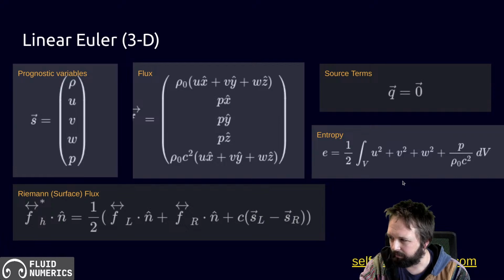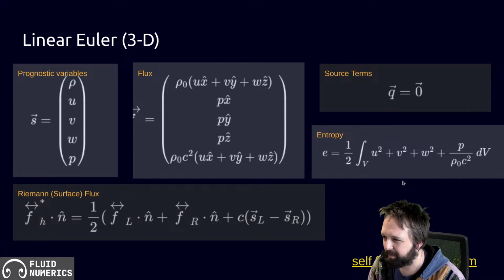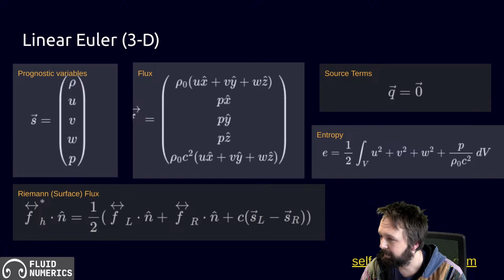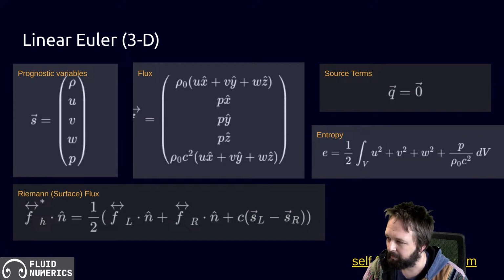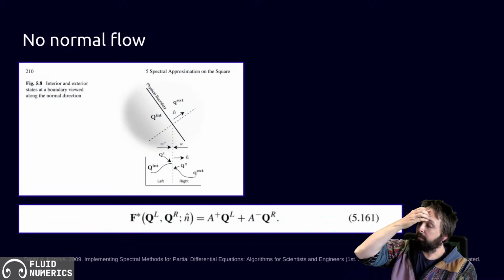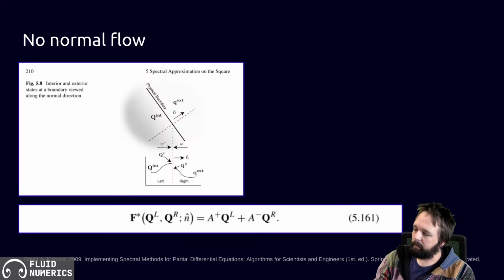It's pretty typical stuff. Now, once we start going into nonlinear problems, this becomes a little bit more hairy how you do this. But once we get into flux splitting, we'll just take some very typical 2-point fluxes to implement all of this. So I'm really excited to be getting into that early next year. So I did want to talk about no normal flow because in 3D it's a little bit more challenging than